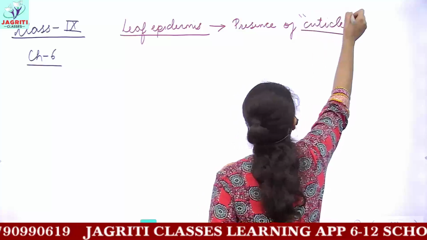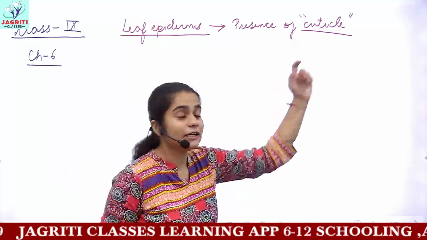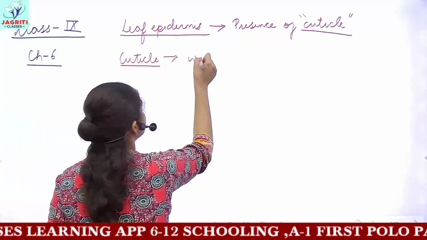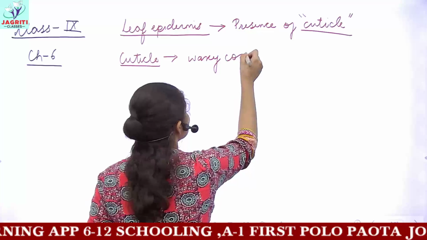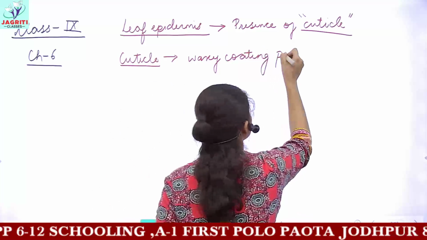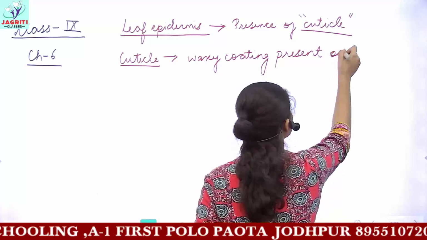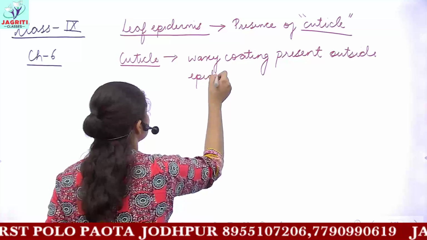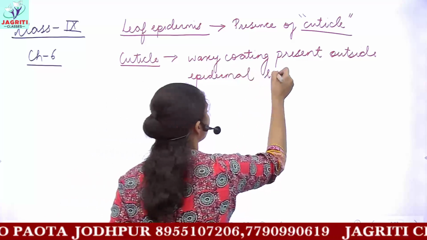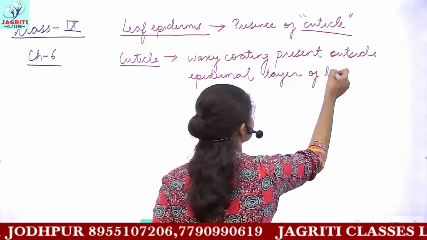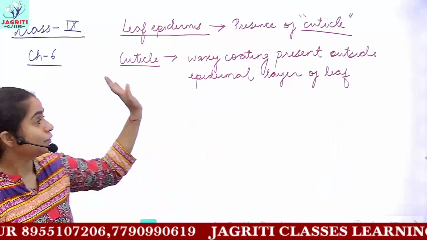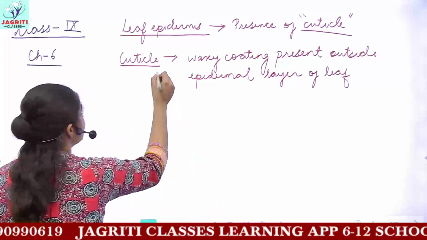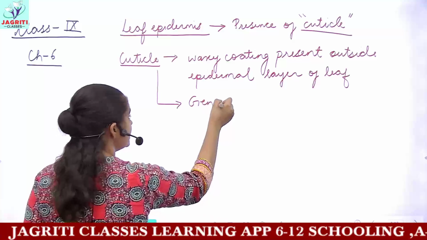And this question is frequently asked in exams. What do you mean by cuticle? So cuticle is a waxy coating, or you can say a wax-like layer which is present outside the epidermis or epidermal layer of the leaf. So this cuticle is a waxy coating which is present on the outer side or outer layer of the leaf. Then the function of cuticle, this cuticle is generally seen